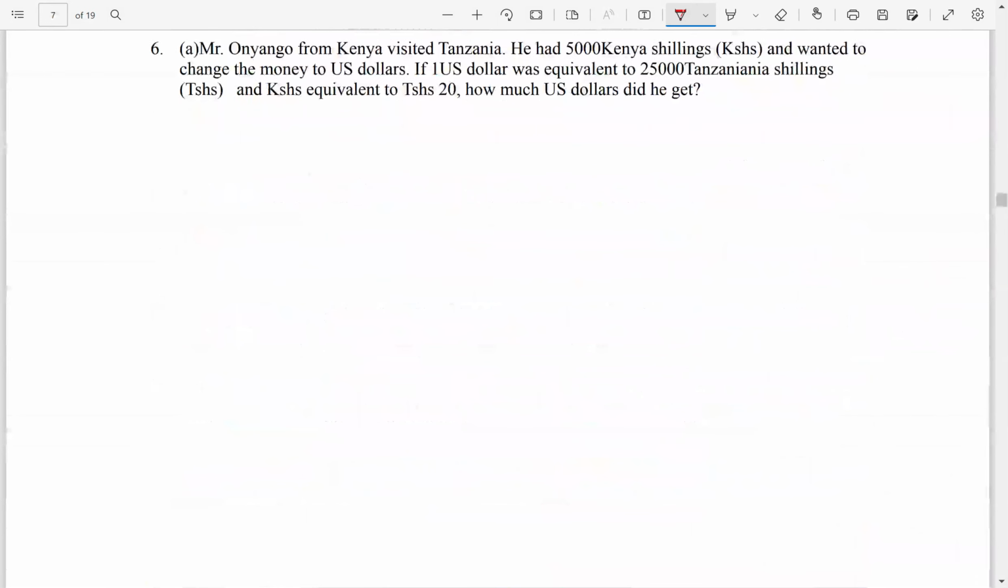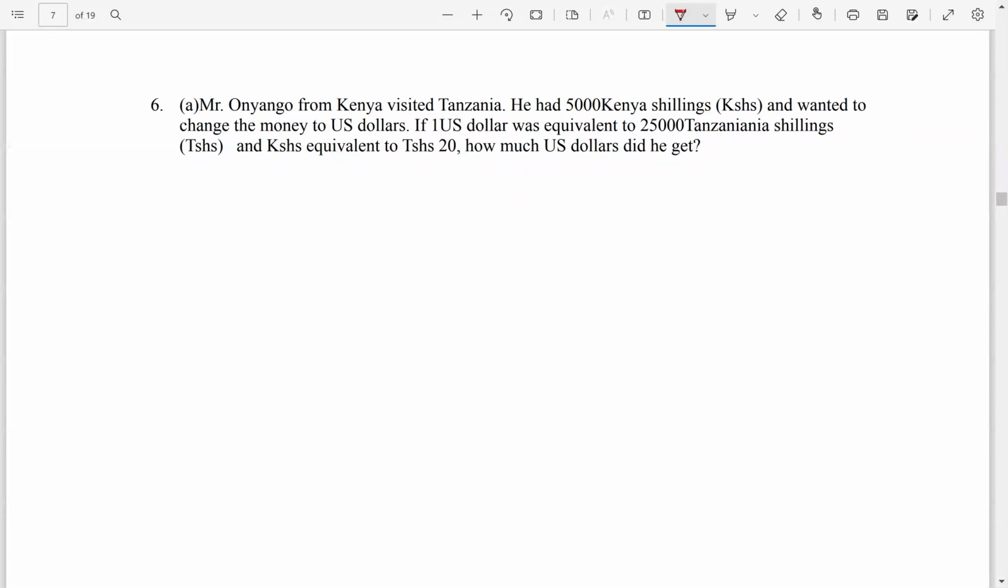Coming to question number 6, and we're in 6A. Mr. Onyango from Kenya visits Tanzania. He has 5,000 Kenya shilling and wanted to change the money to USD. If one USD was equivalent to 25,000 Tanzanian shillings and one Kenyan shilling equivalent to 20 shilling, how much USD did he get? So actually we're supposed to change 5,000 Kenyan shilling